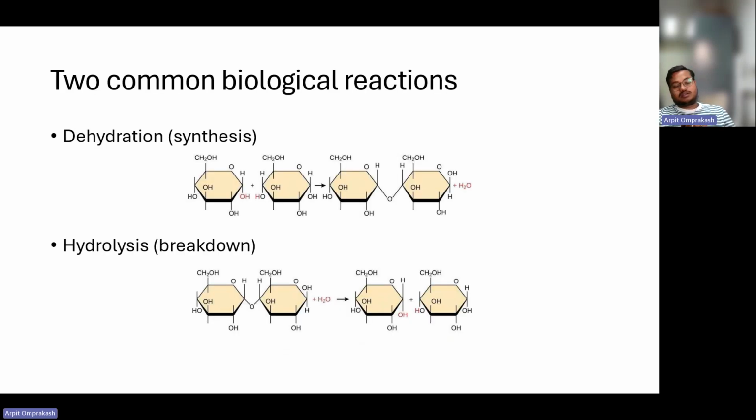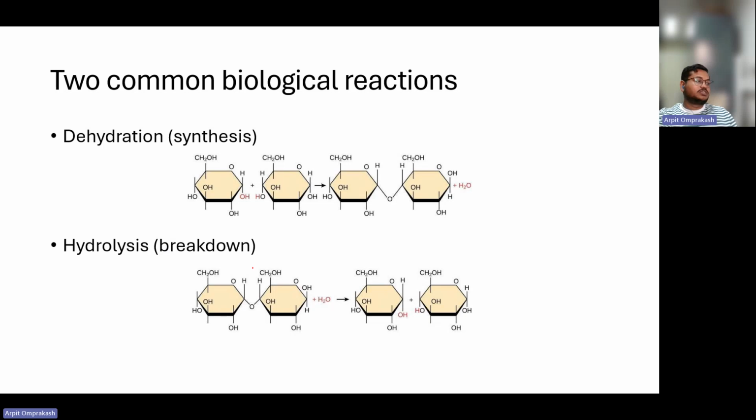In biology, there are two very common reactions that are found in almost all places. The first is a synthesis reaction, or a dehydration reaction. It's called a synthesis reaction because a polymer chain is synthesized, or molecules are combining to form new molecules. It's also called a dehydration reaction because one molecule of water is being thrown off. Let's say you have two glucose molecules which are attaching. The OH and H groups dissociate to form water, and a bond forms between these